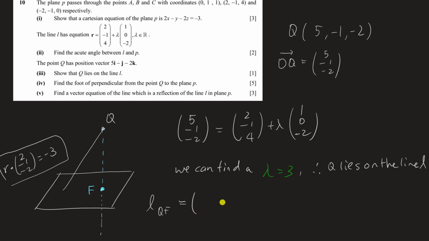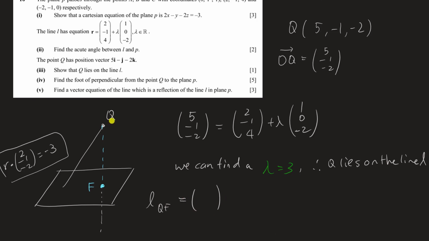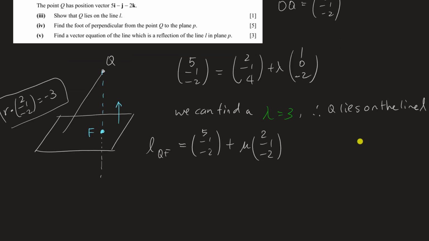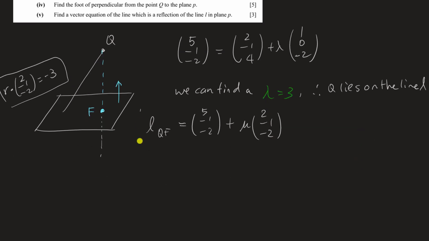Do we have a known point? Yes, it's Q. Q would be (5, negative 1, negative 2) plus, I don't want to use lambda anymore because it's already used, so I'll use mu. Now what is the direction vector of this blue color dotted line? It's exactly the direction vector of the normal. So if you have the normal, which is here, (2, negative 1, negative 2), you can just put it inside. Then we sub this line equation. Oh, my bad. It should be